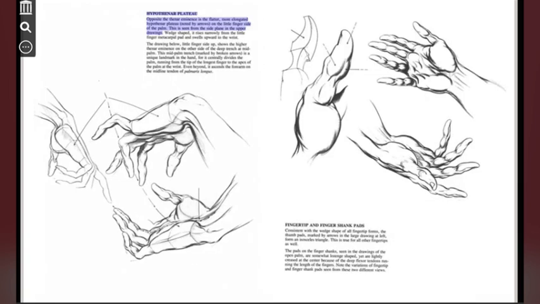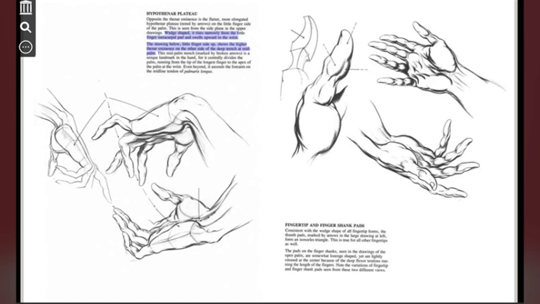Hypothenar plateau. Opposite the thenar eminence is the flatter, more elongated hypothenar plateau, noted by arrows on the little finger side of the palm. This is seen from the side plane in the upper drawings. Wedge-shaped, it rises narrowly from the little finger metacarpal pad and swells upward to the wrist. The drawing below, little finger side up,